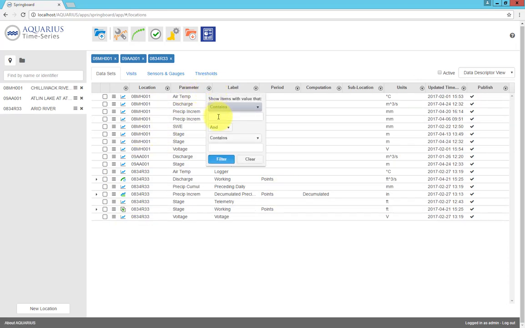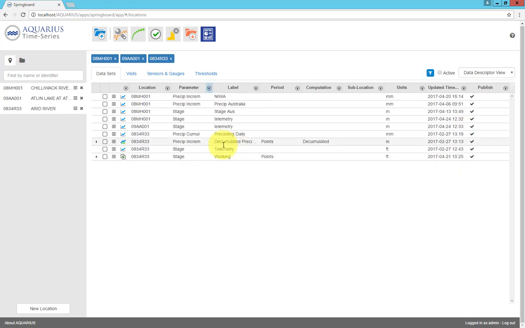And I want to show one other filter item within the column header. Let's go back to stage. Now we can do a combined Boolean logic or add an or statement. So we want to filter on parameters that are stage and precipitation. So I want to see both of those types of data sets. And there we go. We see it's showing stage and precipitation, the 2 kinds of precipitation, because I only entered